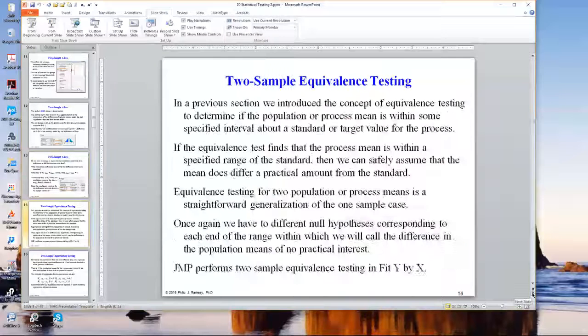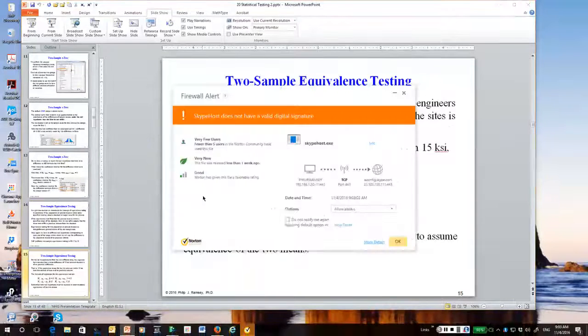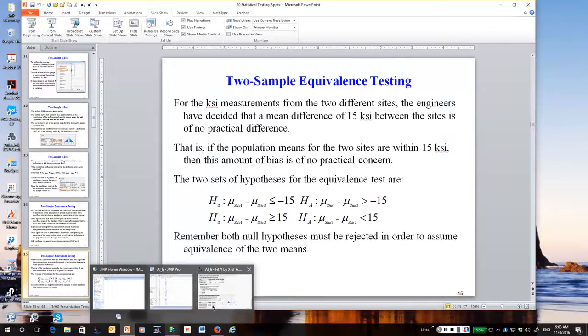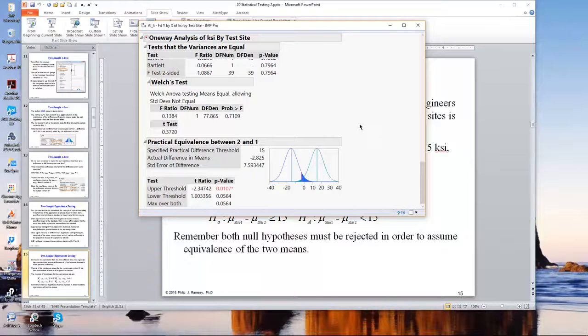We'll just go ahead and click ahead, and you can see that both groups are considered equivalent if we reject both of the null hypotheses, which we are going to do, and we assume that whatever the bias is, it's somewhere between minus 15 and plus 15. That is, we have accepted the two alternative hypotheses. And there are many, many other types of two-sample inference, but what we have